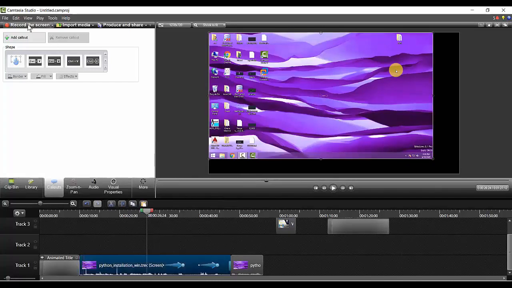Now you can click here for record screen. When you click here, you will get a box like this. In this box, you are having 3 different parts: one is a selection area part, one is a recorded input part, and one is a button. These are the 3 things that you will be having. Now when you select full screen, now I have selected a full screen.